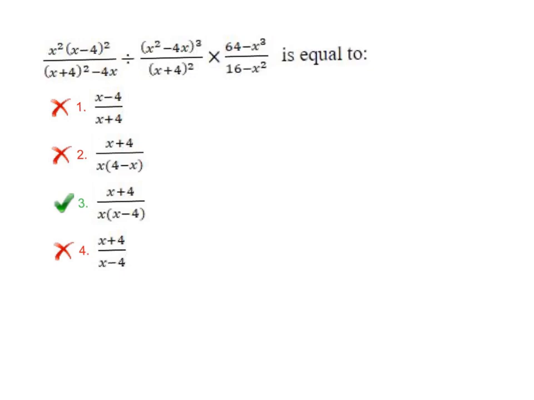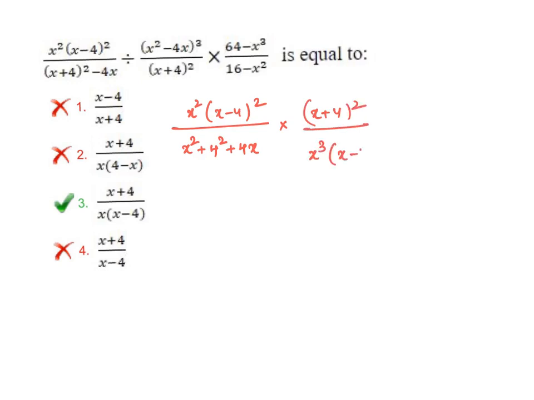Now look at this. x square into (x minus 4) whole square. So write it as x square (x minus 4) whole square by (x square plus 4) square. You will get 8x minus 4x, which is plus 4x, into (x plus 4) whole square by x cube common, it will be x cube, again (x minus 4) whole cube into, I can write it as 4 minus x